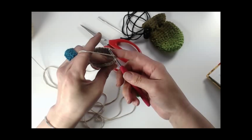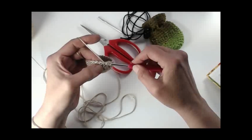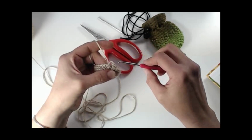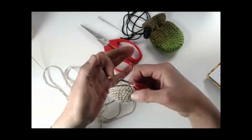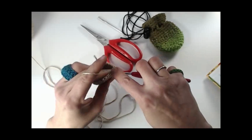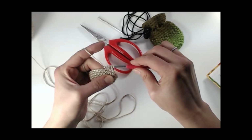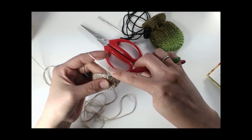So you yarn over, insert your hook, pull up a loop, pull it through, and then you yarn over and pull through all, oops, let's do that again. Yarn over, insert the hook, yarn over, pull through, so you got 3 loops on the hook, yarn over, pull through all 3 loops. Okay, half double crochet, so that's 1,